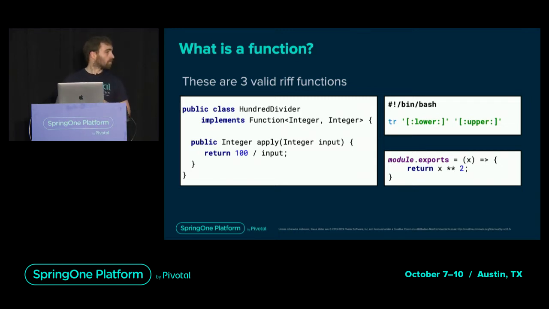So on the right, I was about to say on the left, but that doesn't matter. So you can see a Java function using the simple Java util.function API. When given an input, it computes an output. You have the equivalent of what we call the command. So a command is something that reacts to a standard input. So in that case, it's written in bash. You get some data from the standard input, and then you compute the uppercase version and output it in the standard output. And likewise, we also support Node.js and JavaScript.